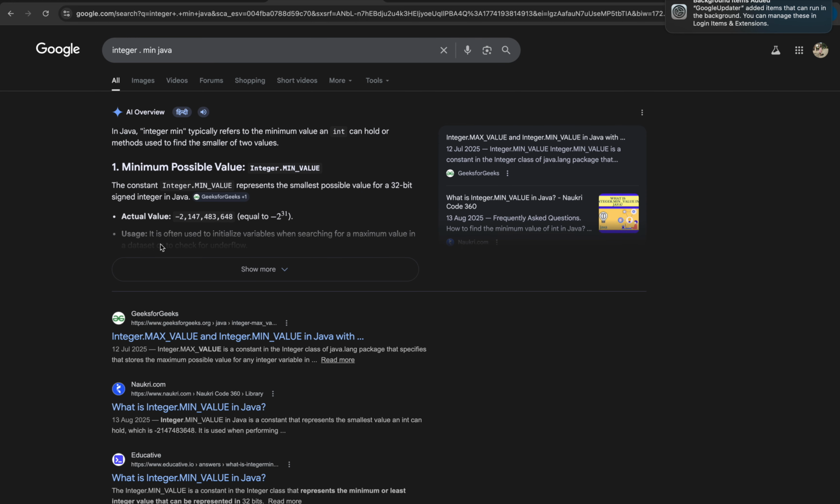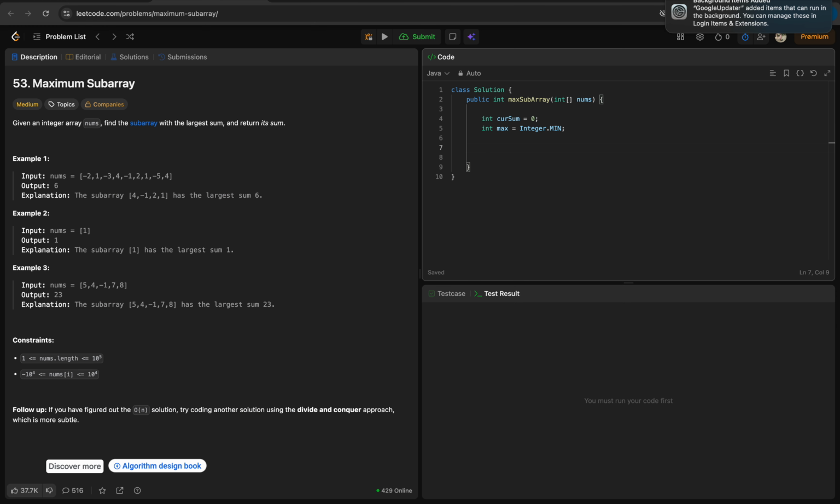Okay, Integer.MIN_VALUE, and we'll iterate over int i equals 0, i is less than nums.length, i plus plus,